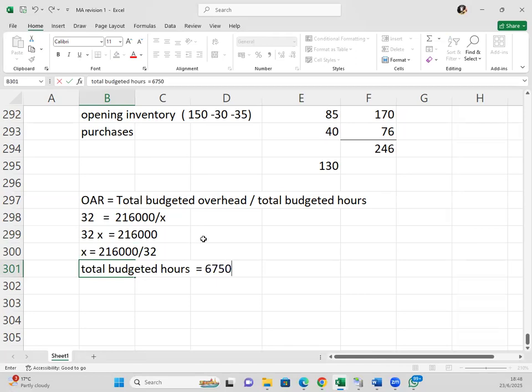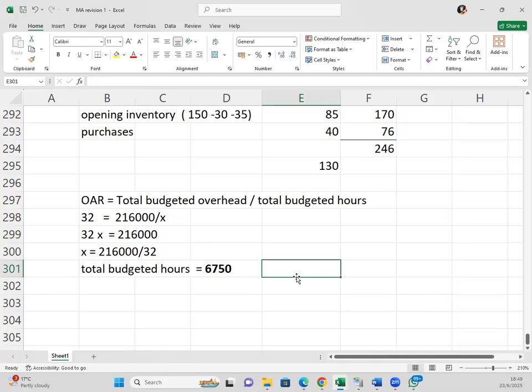6,750. So what was I doing here, guys? It's just a matter of reversing the formula. I showed you how you get the OAR, but in this case, they gave you the OAR. Why would they give you the OAR? Just think of it. The moment you see that they've given you what is usually the solution, just come up with the formula. If they give you the OAR, have the formula for OAR down and think of it. Can it not be the one that we use to pick the answer?